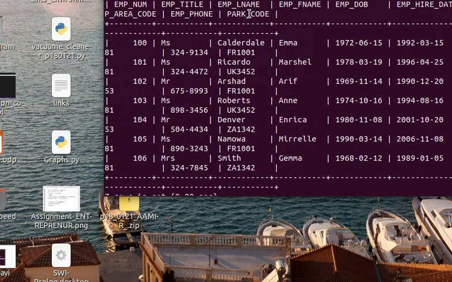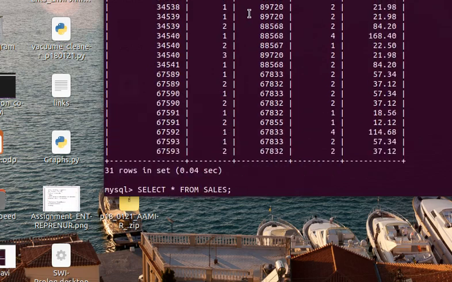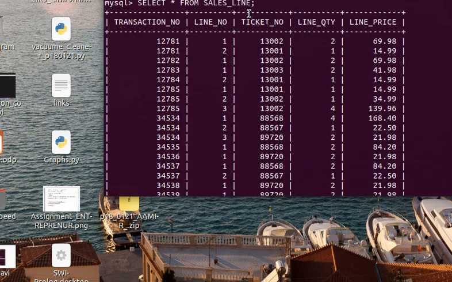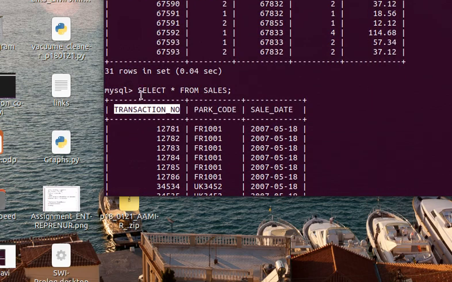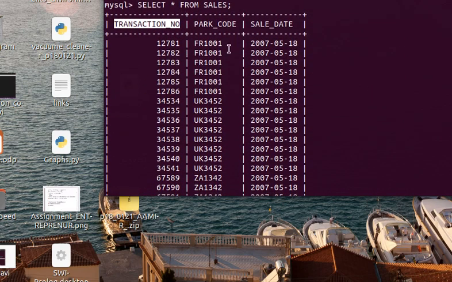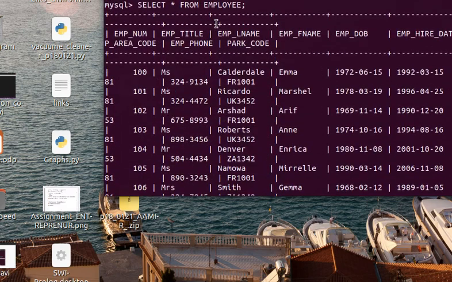So here we can find park code. As you can see, transaction number, these are the same, and the park code of this and the park code here is the same. So we can join these three tables because they share some same column.